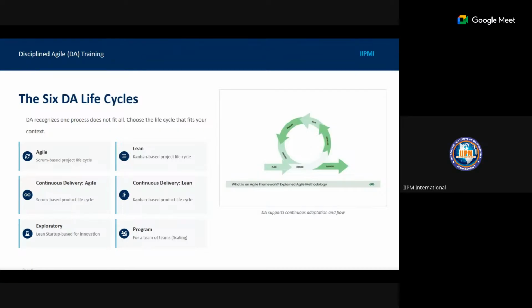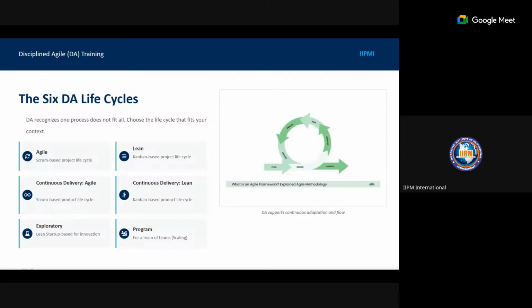And then you have the exploratory. The exploratory is Lean startup based for innovation. So you can use the exploratory for startups, or if you're trying to test things, like we did with extreme programming, with test-driven programming and pair programming. The same thing applies here.